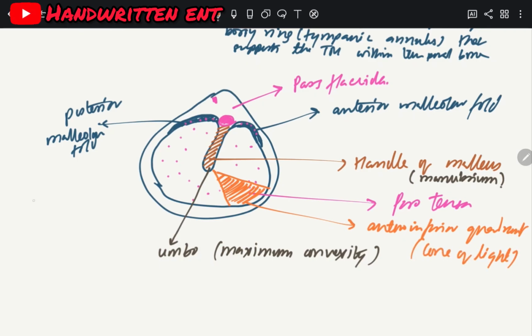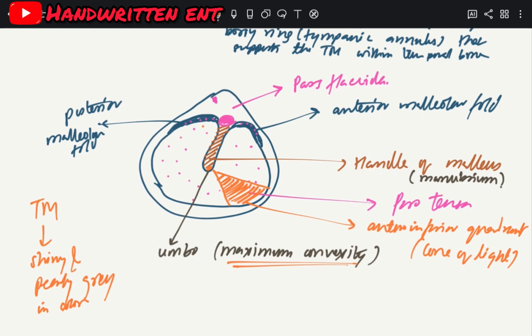So a normal tympanic membrane, it is shiny and pearly gray in color. Its lateral surface is concave and it's more marked at the umbo. This is the umbo, which is the point of maximum convexity. So the degree of transparency of tympanic membrane differs from individuals to individuals,